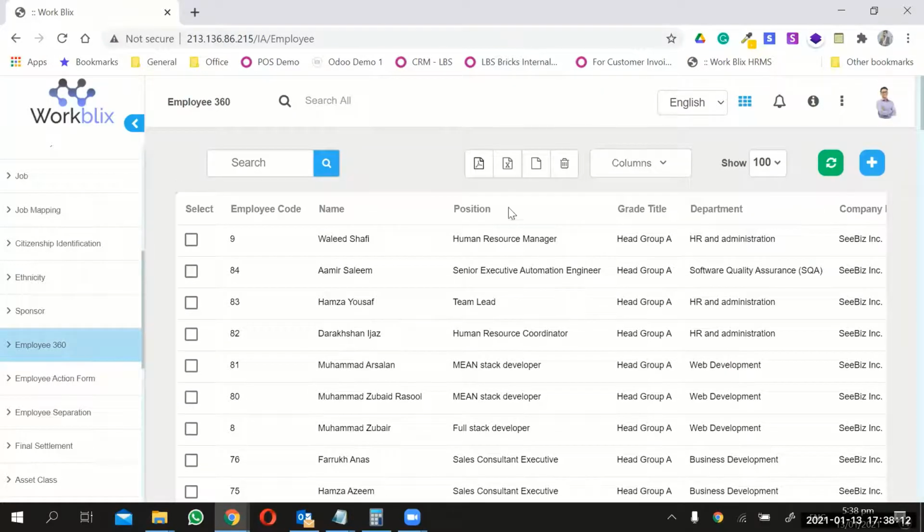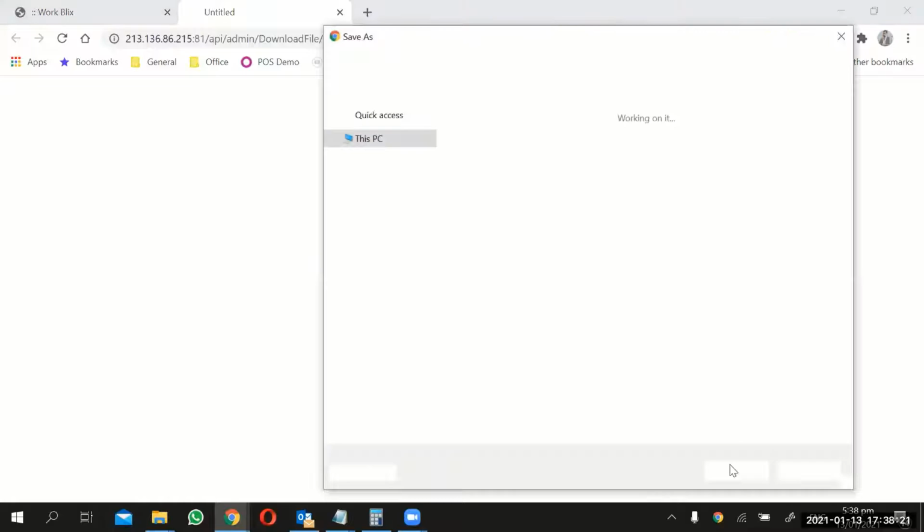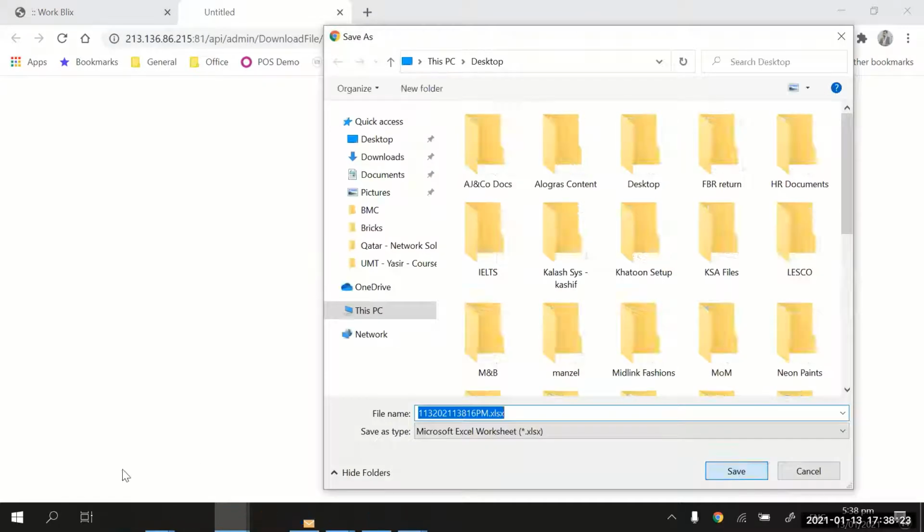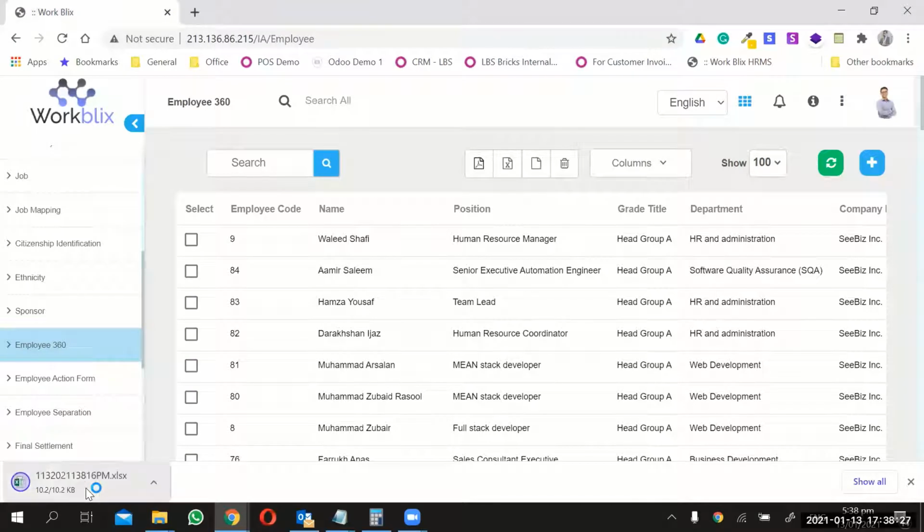And you can take it into Excel or a PDF. For example, if you click this Excel icon, it will be exported in the Excel output like this. For example, you can see this, and all the data shown on the column list will be exported in the Excel. That's how this feature will work.